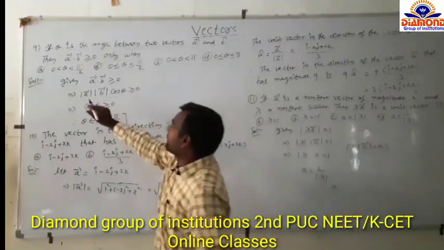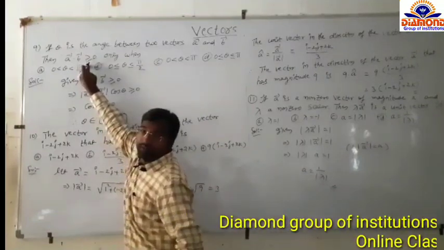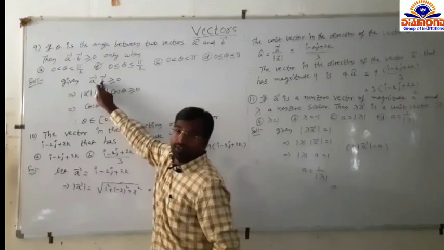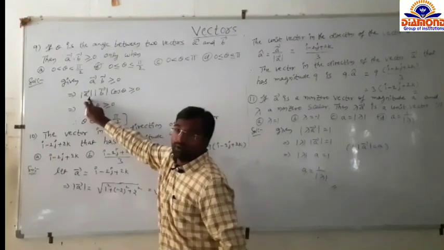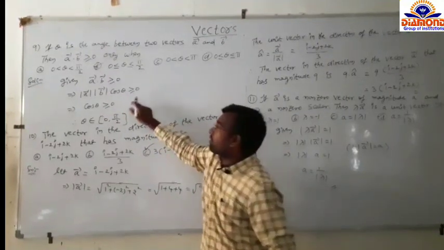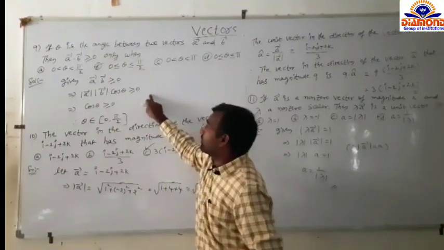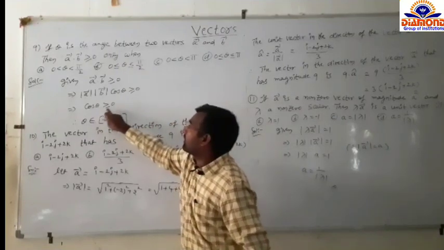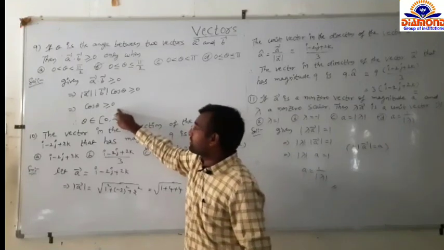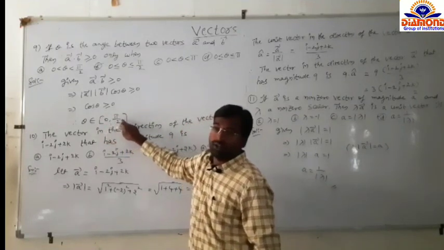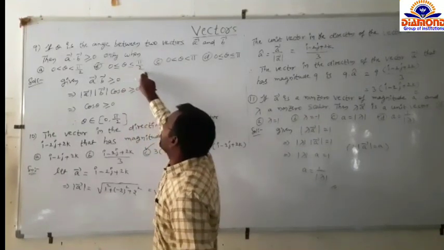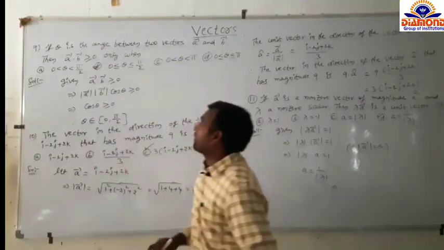So what is the given condition here? A dot B is greater than or equal to 0. We have the formula for A dot B. So A dot B equals mod A into mod B into cos theta, which is greater than or equal to 0. Bring mod A mod B to this side, so 0 only. So cos theta is greater than or equal to 0. Cos theta is positive in the first quadrant only. So you can take theta belongs to the closed interval 0 comma pi by 2. Closed interval means 0 is less than or equal to theta is less than or equal to pi by 2. Option B is the answer.